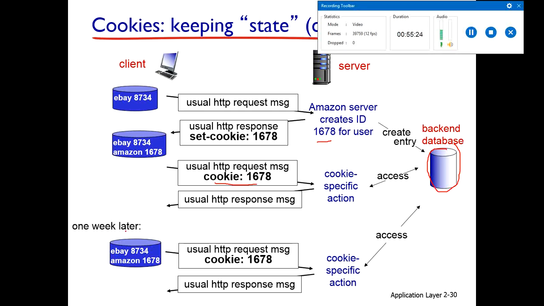So let's assume that Susan returns to the Amazon site 1 week later. The browser will continue to put the cookie header line in the HTTP request message. The header line cookie 1678 the browser will put in the request message. Amazon also recommends products to Susan based on the web pages she has visited at Amazon in the past. So when the message is sent to the server 1 week later, this cookie will be included in the HTTP request message. The server will accept this message, access the backend database and take the cookie